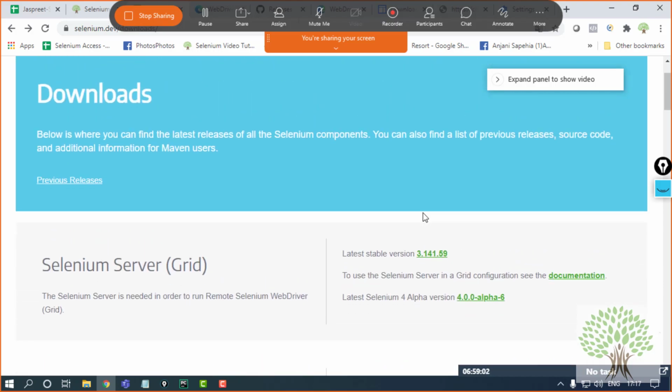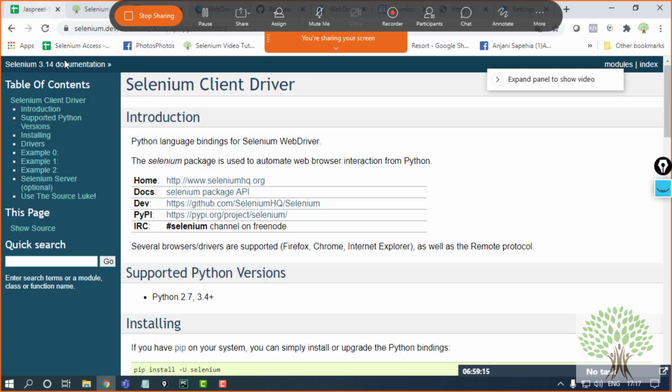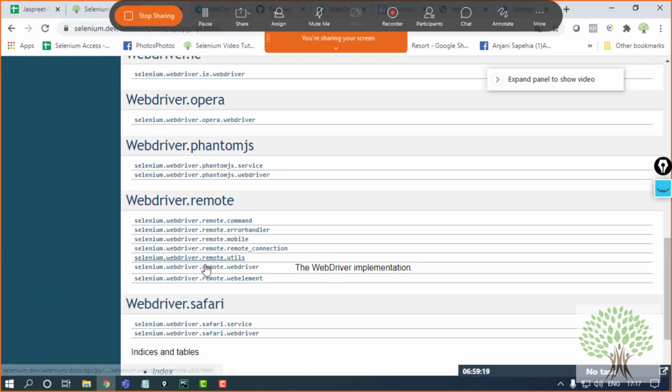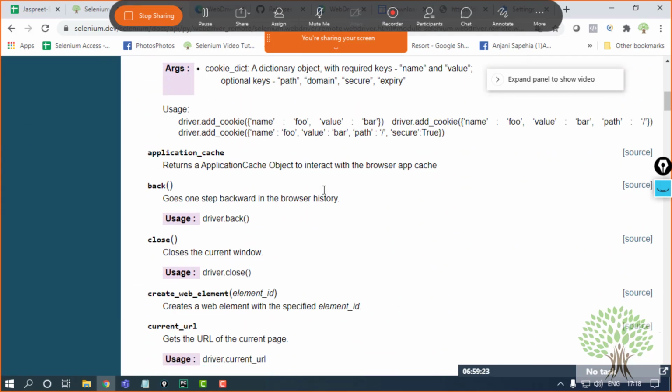So there is a specific class. If I show you, a proper class is there that is named WebDriver itself, in the docs. In this WebDriver class, you will find all the generic functions that you can fire on any browser.